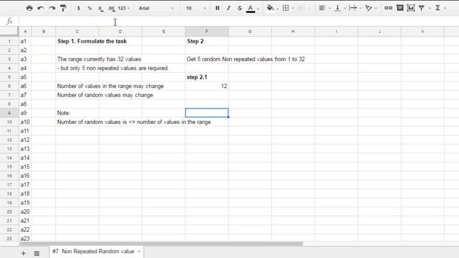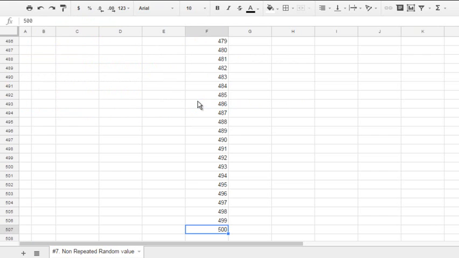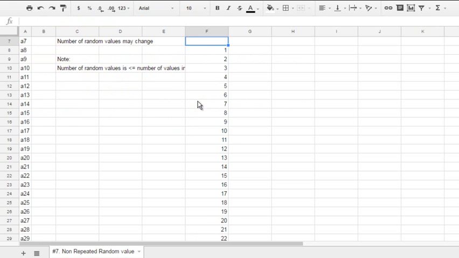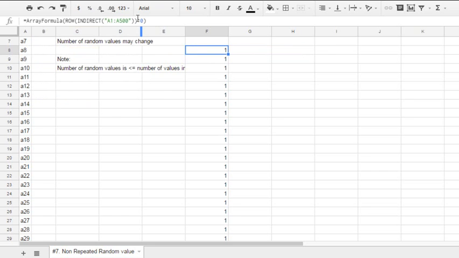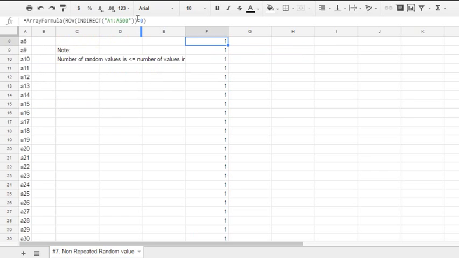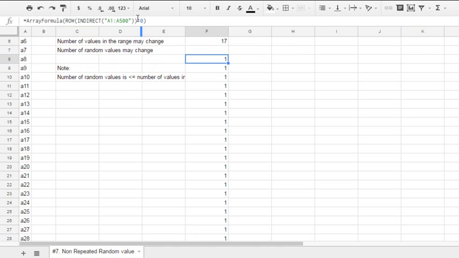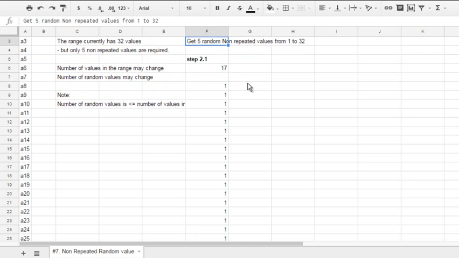Control Shift and Enter gives us 500 rows, and a math operation, when you raise it to the power of 0, you will get the same number of ones, just what we need. But I suggest this number 500